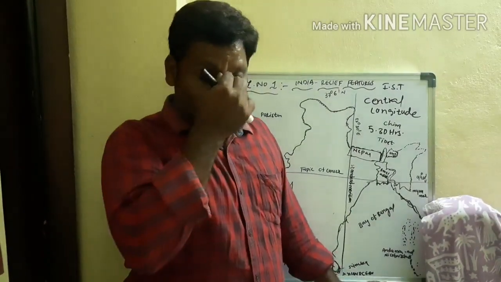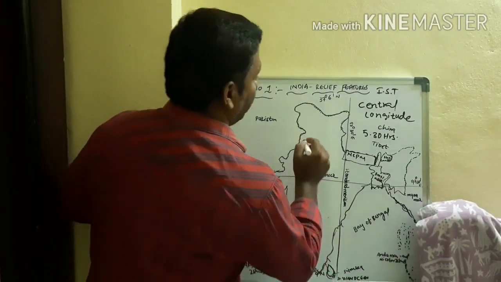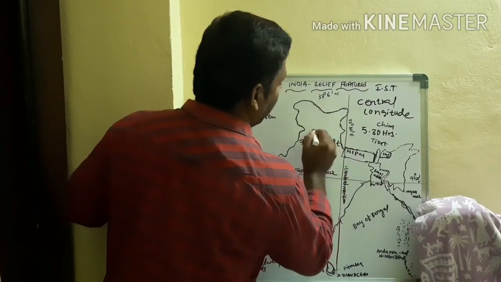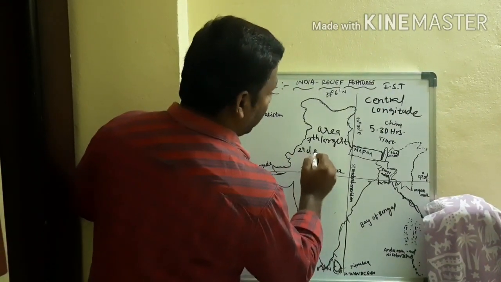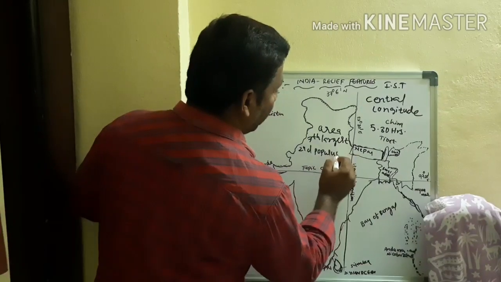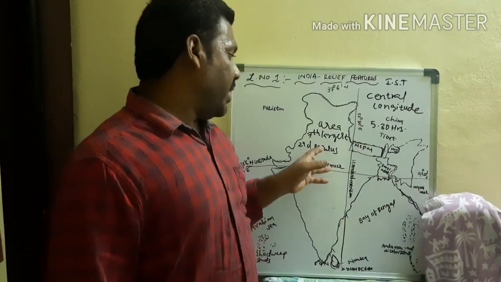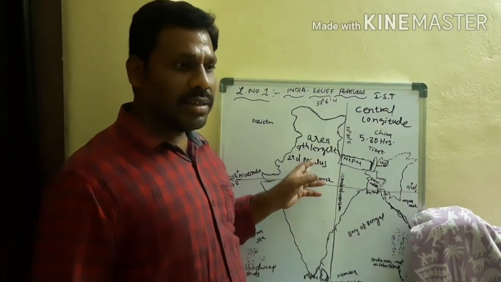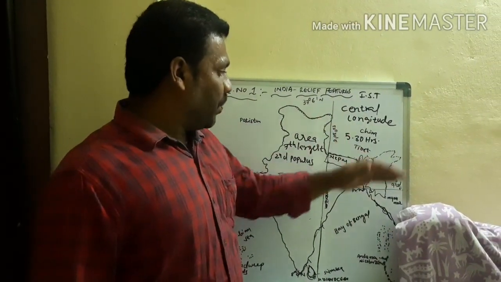And India is the 7th largest country in the world area wise. How much? 7th largest country in the world, in area. India is the 2nd largest populous country in the world. And we have a variety of climatic conditions, like high temperature and low rainfall in the Thar desert. We can find this variety in the world.